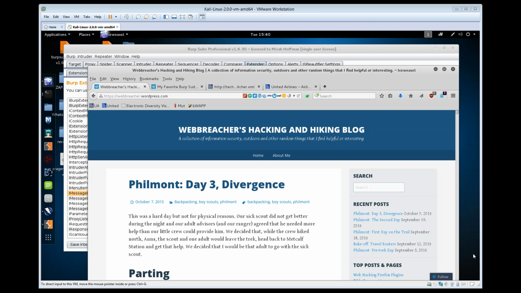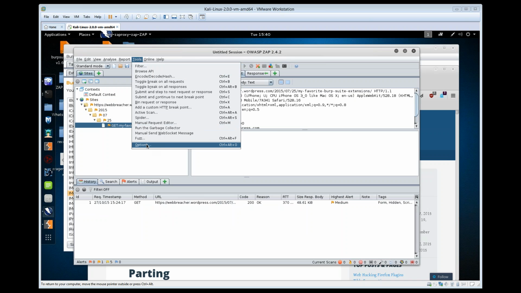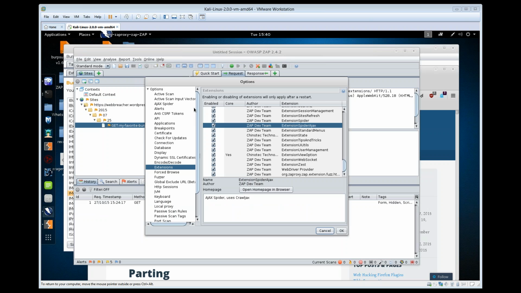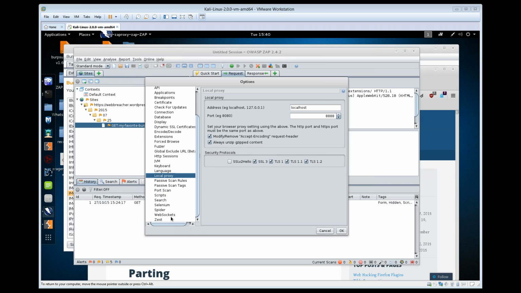All right, David. So does Zap support importing CAs on the fly? Let's check that out. I'm not exactly sure about that. Both of these tools, Burp and Zap, have a lot of functionality that's built into them. In the options, let's take a look in the local proxy area. No, it might be in the